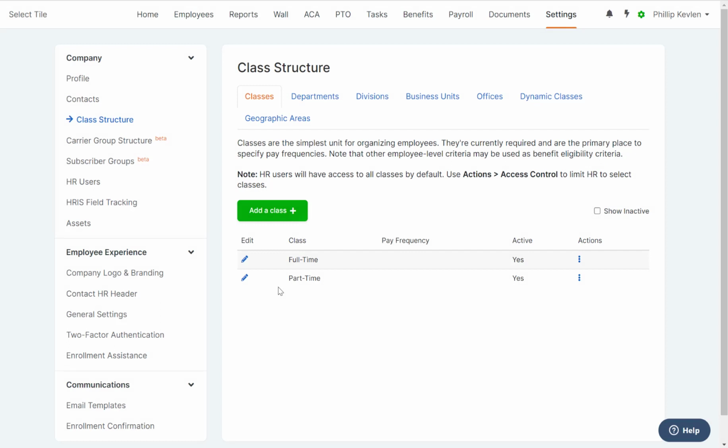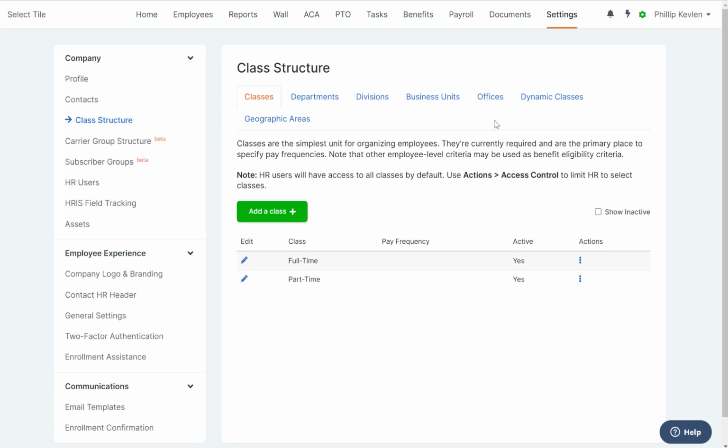You can see here there's lots more information available to you under the Settings tab. But again, this is all that's needed in order to get the profile and structure of the company created. Once we've completed the setup of our class structure, the last component we'd like to add is a payroll group. To do so, simply navigate to the tab Payroll,